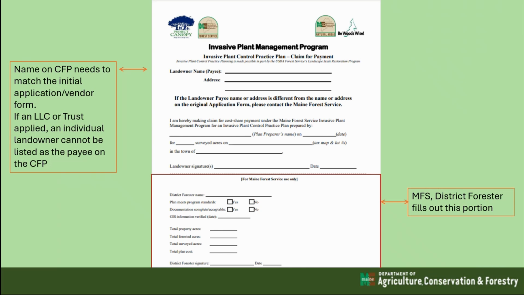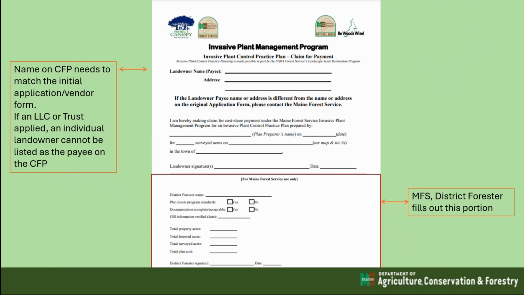The next form is the claim for payment. The top portion is what the landowner and the plan preparer will fill out. The bottom portion is what Maine Forest Service district foresters fill out when they're reviewing the practice plans. You'll see that there's a place for the landowner to write their name and their address. It's really important that that name and address match what was filled out on the initial application. So that new vendor form that was filled out when the landowner applied, the name and address need to be